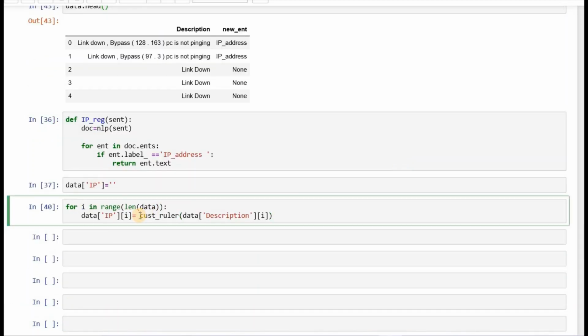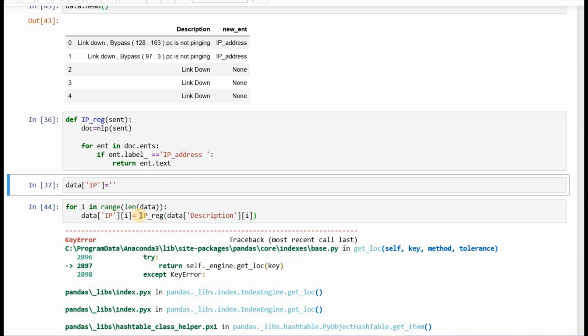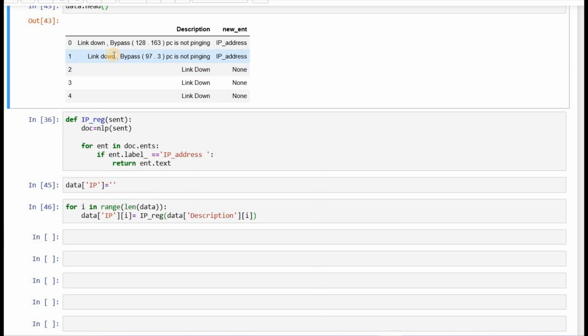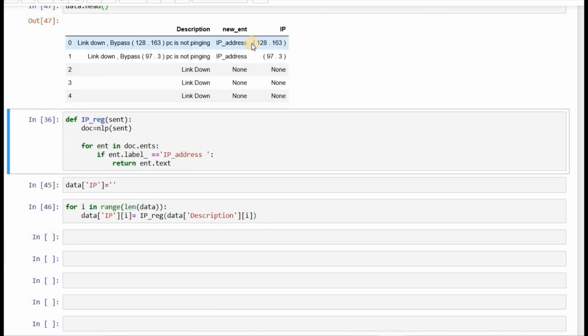We have to provide the new def, that is the IP rec, and if we run it, I will get one more column that would have the text value of the IP. Okay, it's done. So now we can see that it has also identified the text value of it.